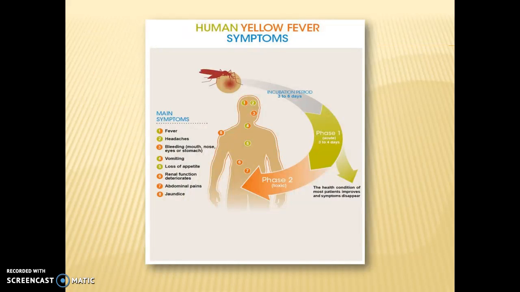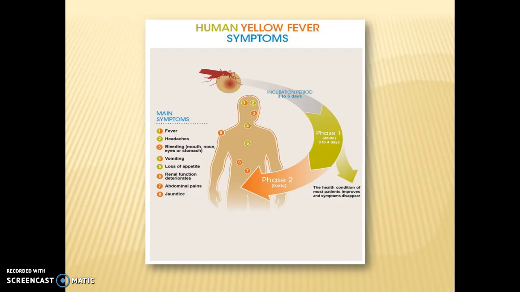So yellow fever virus is a vector-borne disease. It's transmitted to humans by the bite of an infected Aedes aegypti mosquito. And once contracted, the virus incubates in the body for about 3 to 6 days, followed by infection that can occur in one of two phases. The initial acute phase usually causes fever, muscle pain, back pain, headache, shivers, nausea, vomiting, anything you would expect to see with a flu. But with most patients, they will improve and their symptoms disappear after 3 to 5 days.